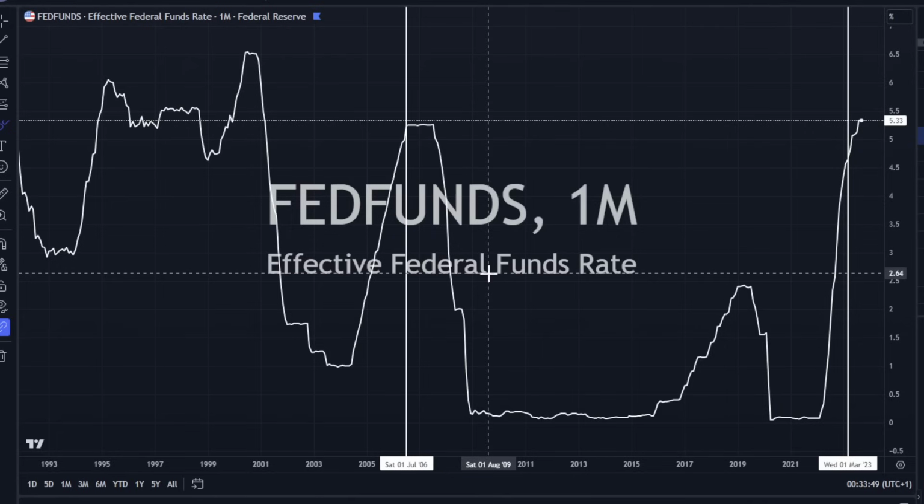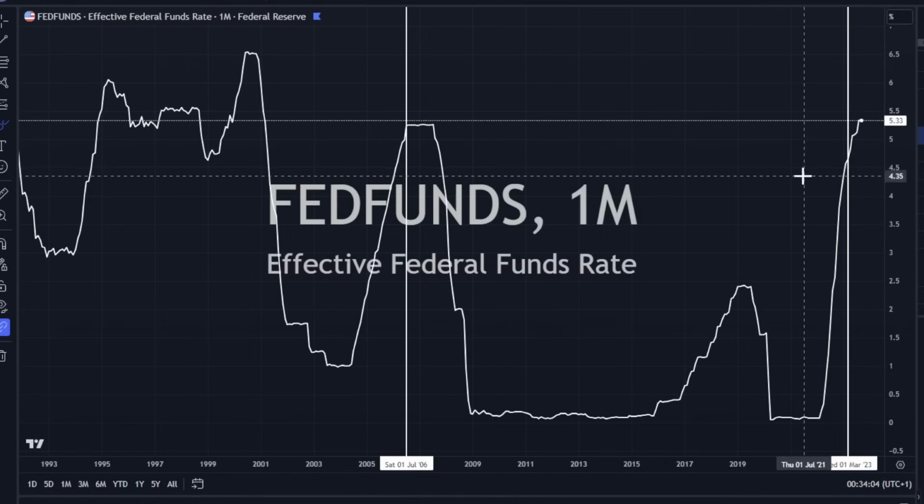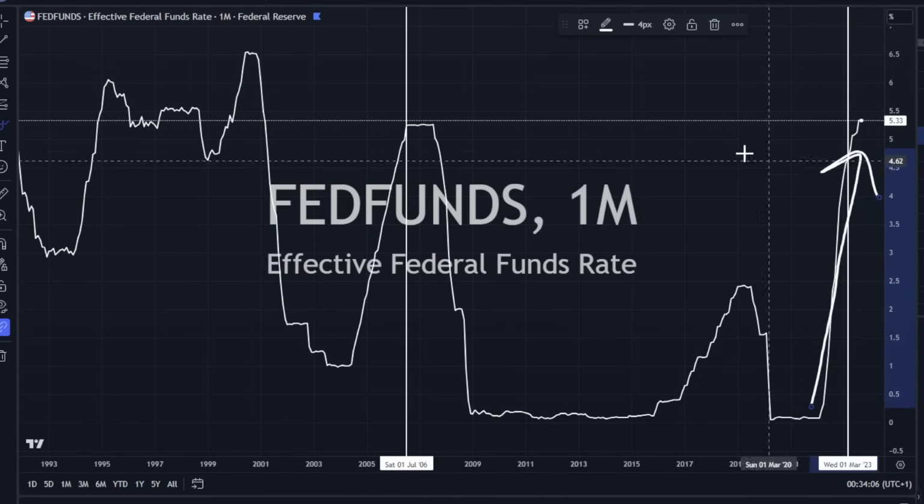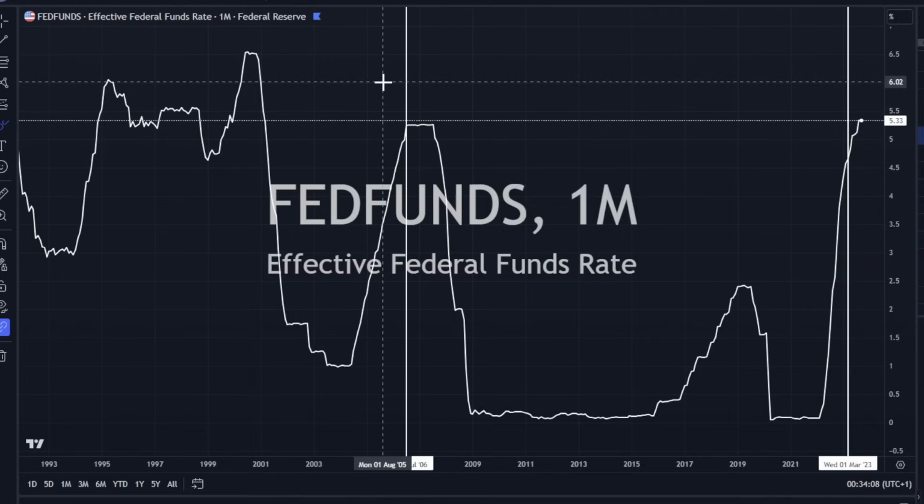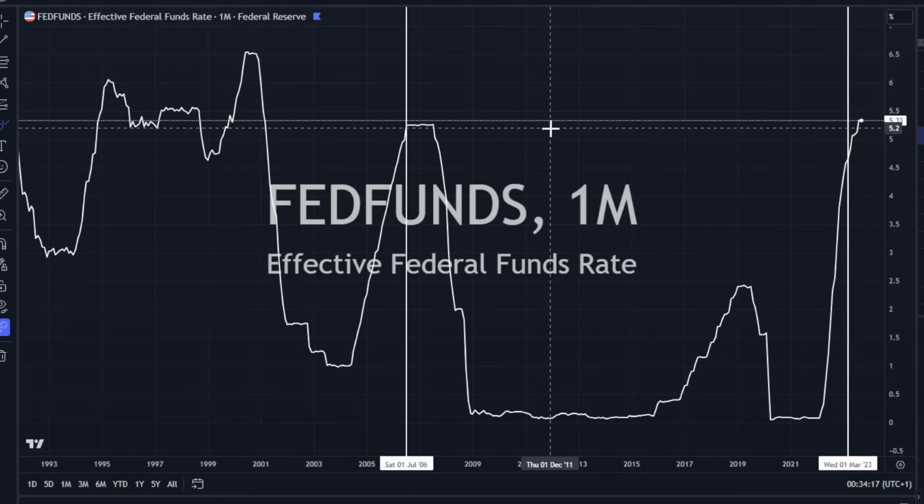Unless something breaks in the system, then they'll lower it, potentially. And maybe something does break in the system. I don't know. Curious to see how this actually plays out. But that's where we are in the cycle. We're in an increasing interest rate environment, where inflation is slowing, but we still have growth in terms of economic growth according to their GDP numbers, which are nominal numbers. So economic activity is still hot.